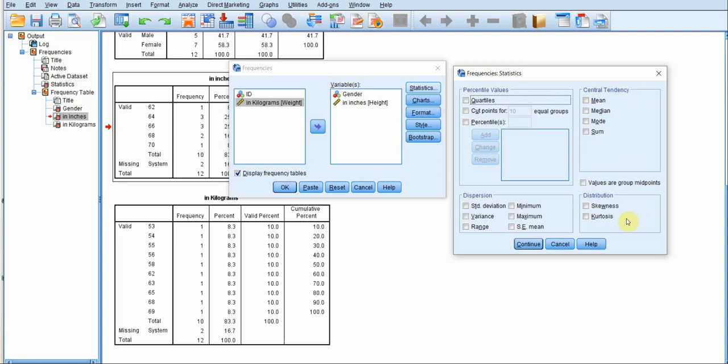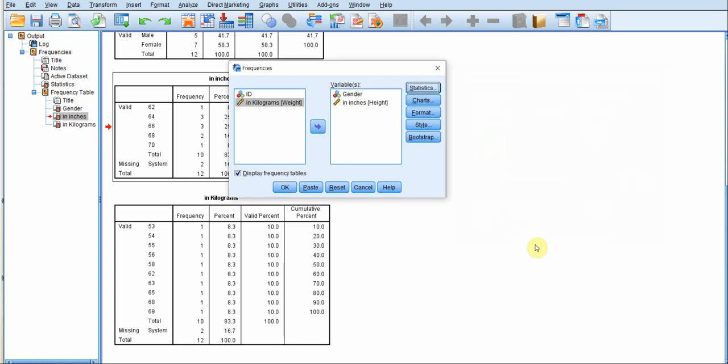In this particular dialog box, you will see that you can select different kinds of measures of central tendency and measures of dispersion. So for example, let's select mean, the sum, the median and mode as well, and here standard deviation, max, min. And if you want to select skewness and kurtosis also, we can select, or if you want to leave it unchecked, you just click on that, it becomes unchecked, and then we'll click on continue. And now we'll just remove this one since we have already seen this, and click on OK.